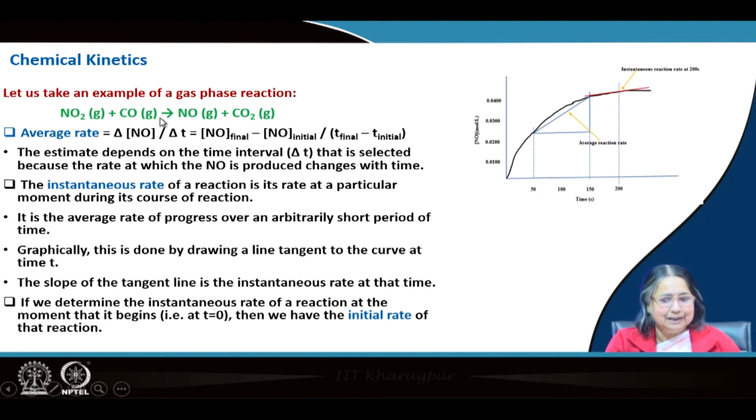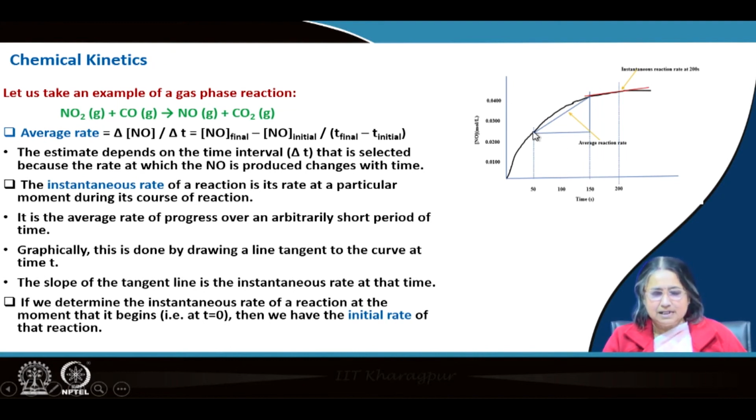Now, graphically we can explain by this figure. Say for example, here the same example, here the concentration of NO you are measuring, that is one of the products. So, the concentration will increase, so the curve will be like this. If you want to determine the average speed between 50 and 150 seconds, the time is in seconds, so between these two times, if you want to see what is the average speed or average rate,